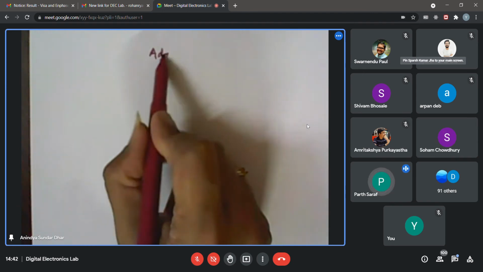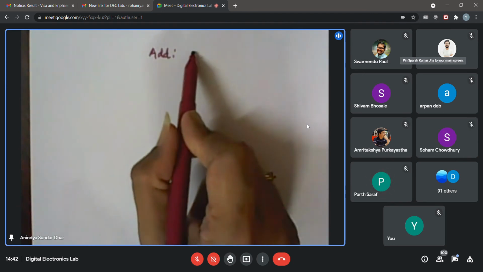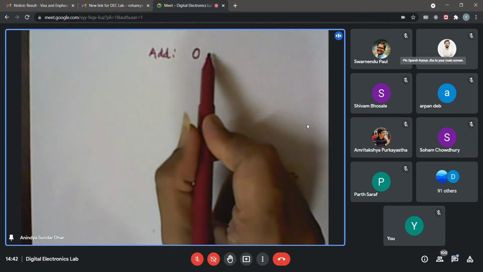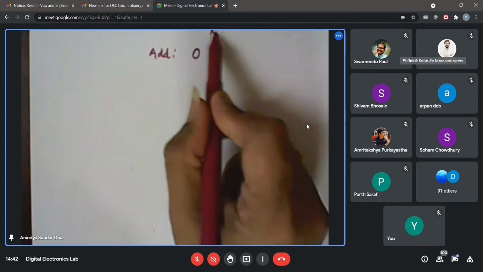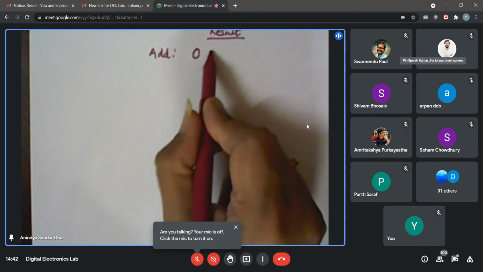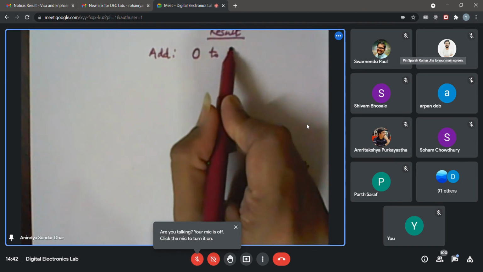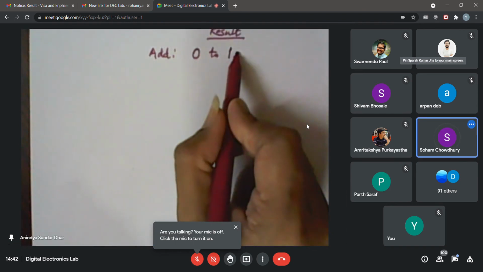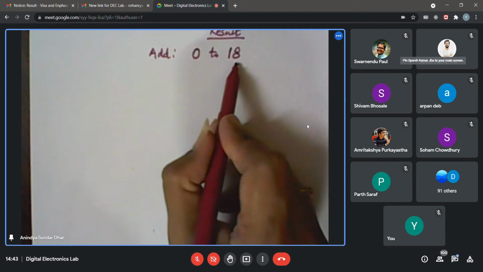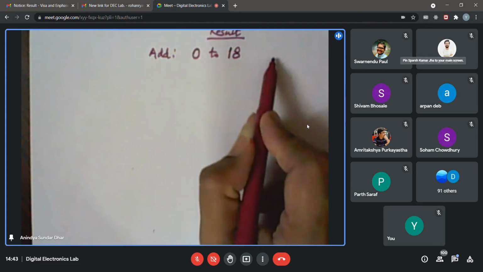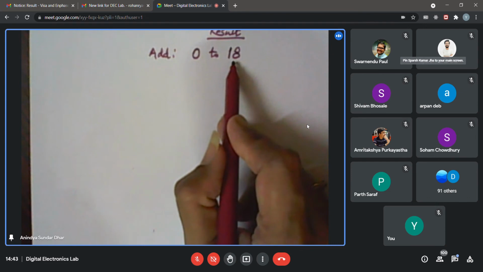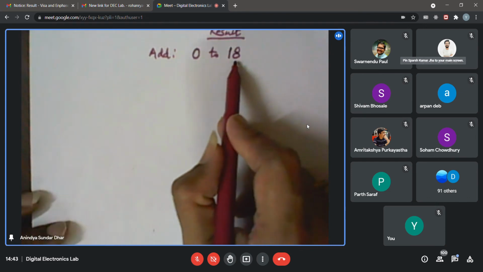18. Addition, so minimum is 0, right? Because I'm not admitting any negative number. So the range of the result I'm finding for addition is 0 to, how much you said? 18. So when I do 9 plus 9, it could be 18. It will spread into 2 digits, and you know that in that case you would see that the carry light is there, and in the display 2 will be displayed. But for a general user, I think it is not possible to interpret this as 18.